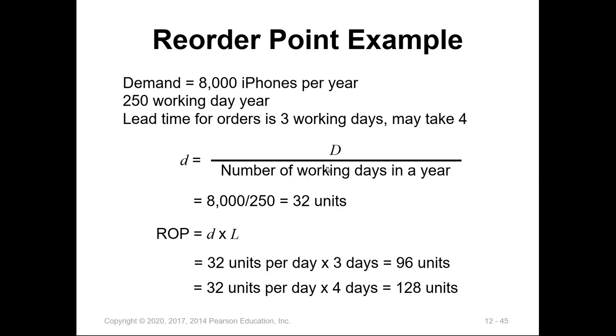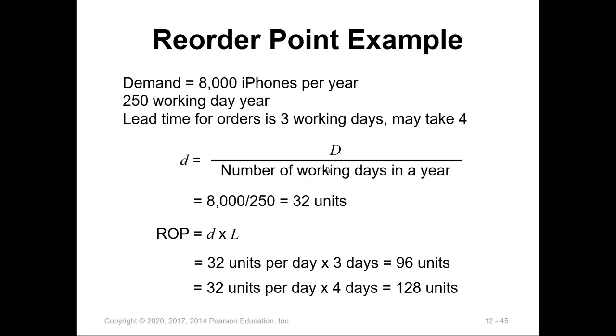So we need to calculate the reorder point. First, we need to find the daily demand, which will equal the annual demand divided by the number of working days. The daily demand will equal 8,000 divided by 250 days, and that is 32